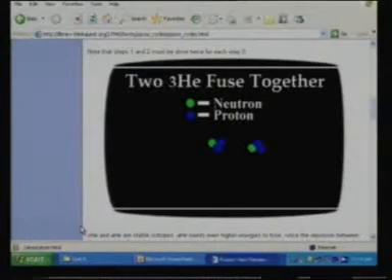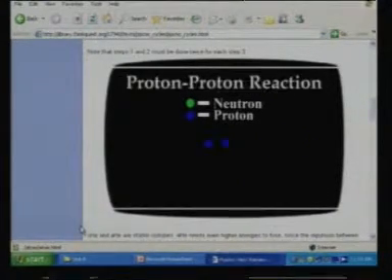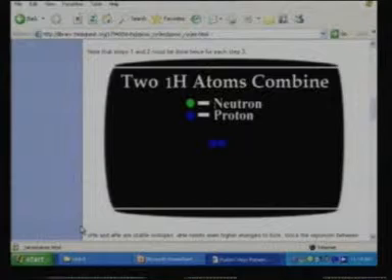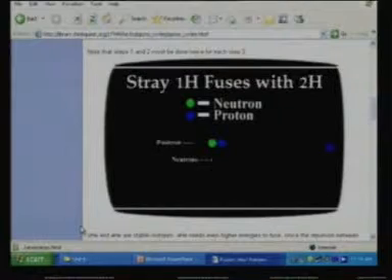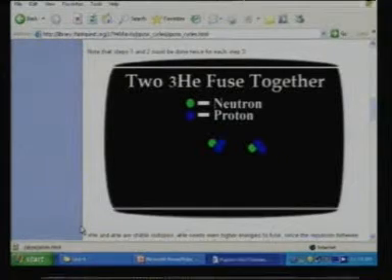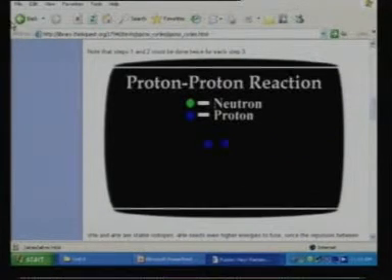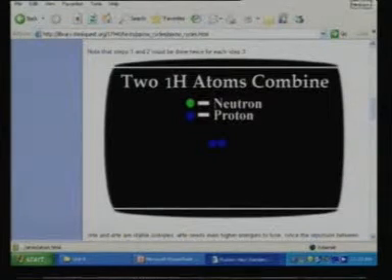You will see the same thing. The protons coming near each other. Here you see that. And then you can see how the two helium-3 combine to form one helium-4 and two protons are set free. The whole process is shown here. You see, two helium-3 are coming together, they collide, and two protons are set free and a helium is formed. And this is the formation of helium from 4 protons that is the source of energy for the stars.